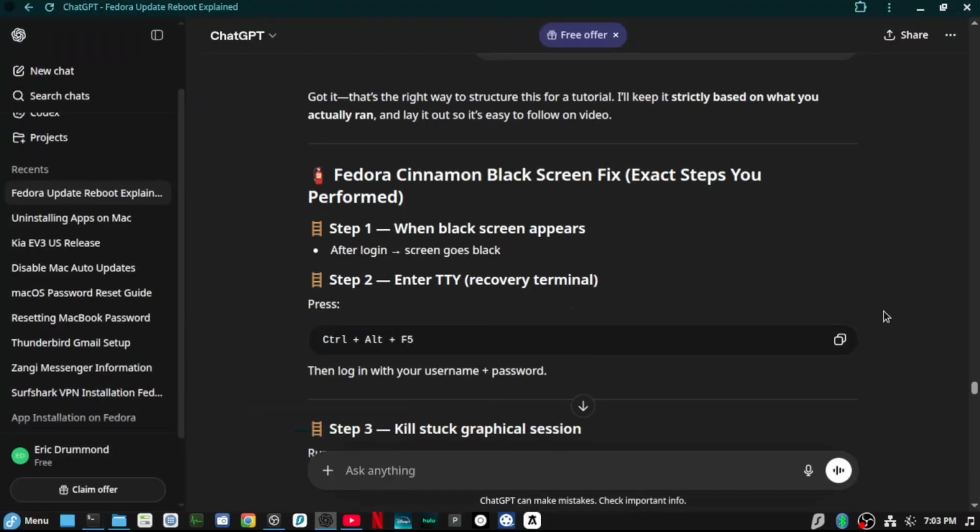Alright everyone, so I just wanted to make this quick video. I don't even know if I'll include this in the full review or release it as its own separate dedicated video, but I figured this might help somebody out if they run into this issue, so I might as well make it. So, if you checked out my first impressions of Fedora Cinnamon,